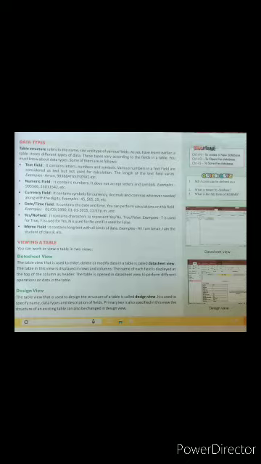Numbers in a text field are considered as text but not used for calculation. We know that alphanumeric things we cannot calculate. We can calculate 3 plus 2 equals 5, but we cannot calculate a1 or a square plus b square. It cannot be calculated, right? That's called alphanumeric, in which alphabets and numerals are there, so it cannot be used for calculation.